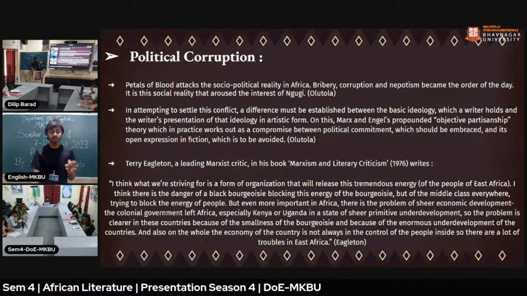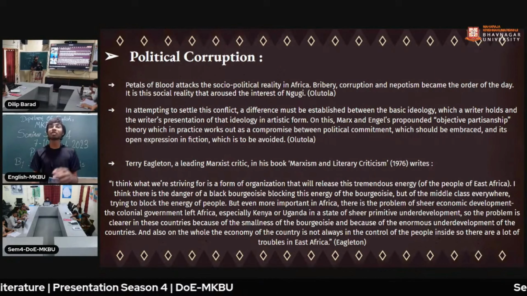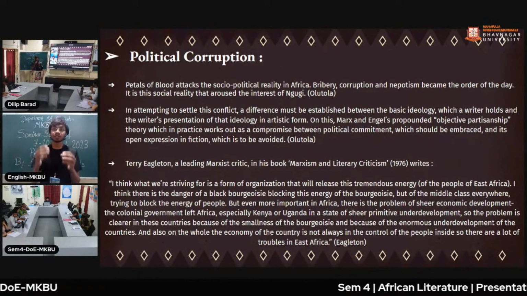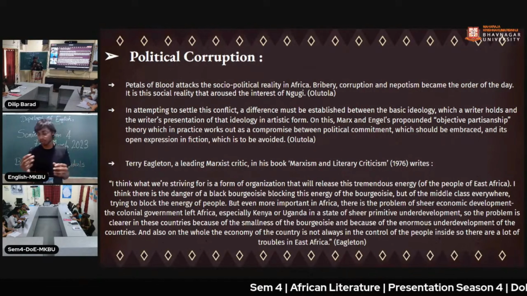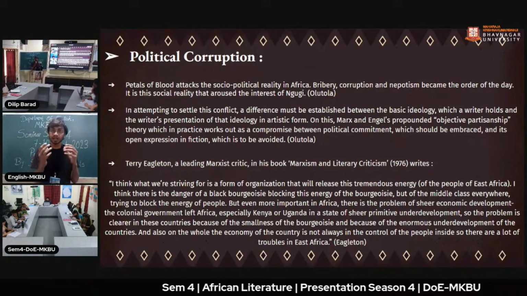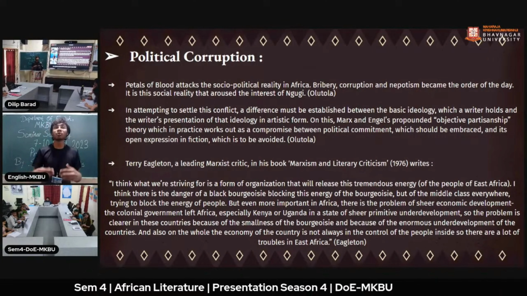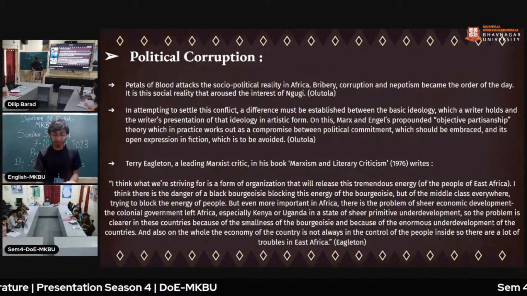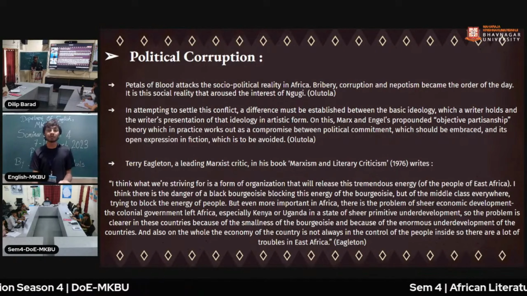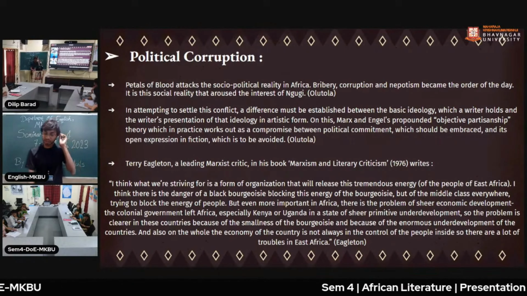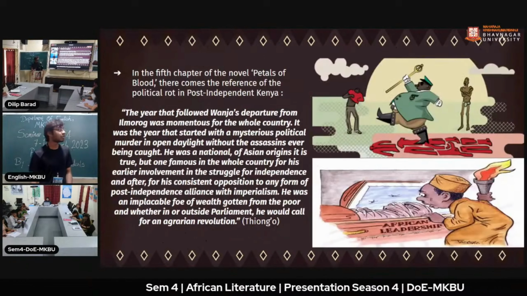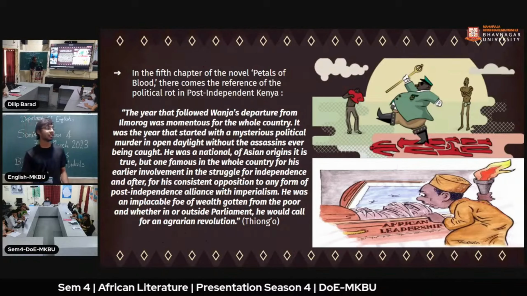I think there is the danger of a black bourgeoisie, the new masters, as Lumumba has also mentioned. So after the old masters, the colonizers, leave the country, who are the new masters? The bourgeoisie, the elite class, the upper class aristocrats, they will rule or build power over the proletariat. So it is there. And yes, these images are also given.